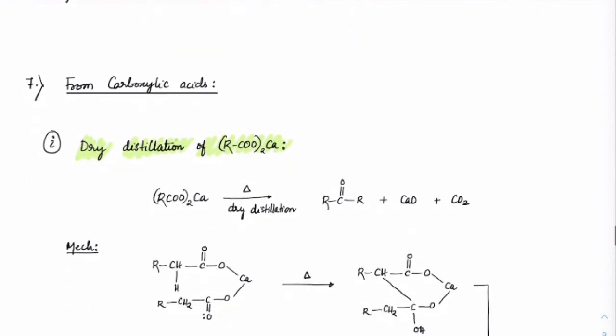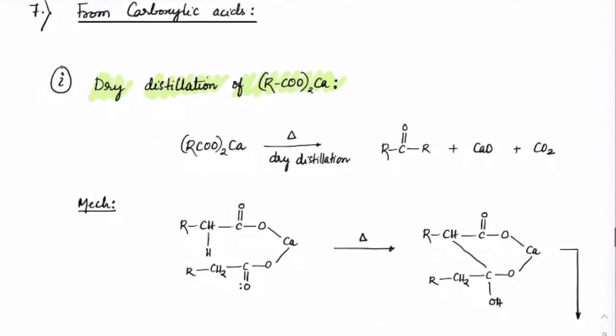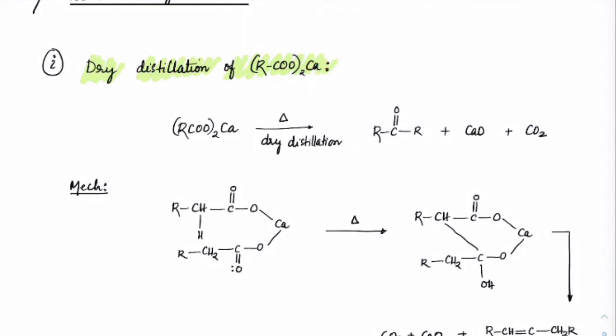The sixth reaction which we have seen was with cyanides or nitriles. Now we will see how to make aldehydes or ketones using carboxylic acids. The first reaction is dry distillation. Dry distillation of calcium or barium salts. Sometimes it will be given barium also. The reaction is same. Okay. On heating the calcium salts of carboxylic acids, dry distillation as in there is no water, we are just heating that. So we will see carbon dioxide gas will come, calcium oxide will settle down, and we will get this keto form. Okay.